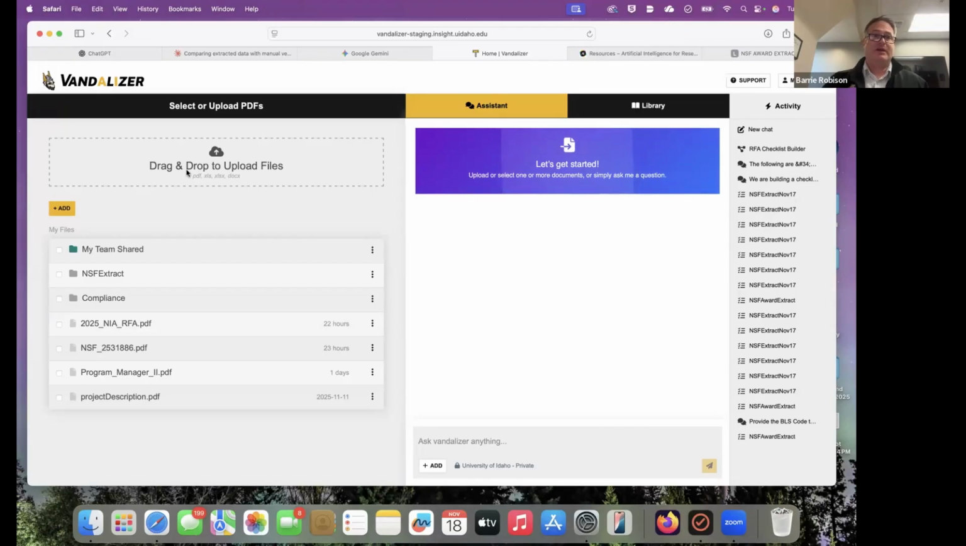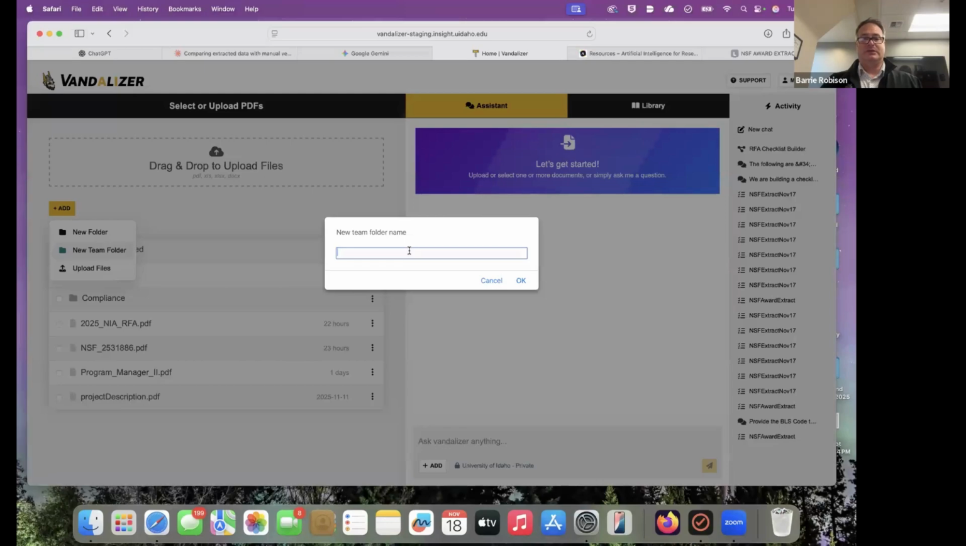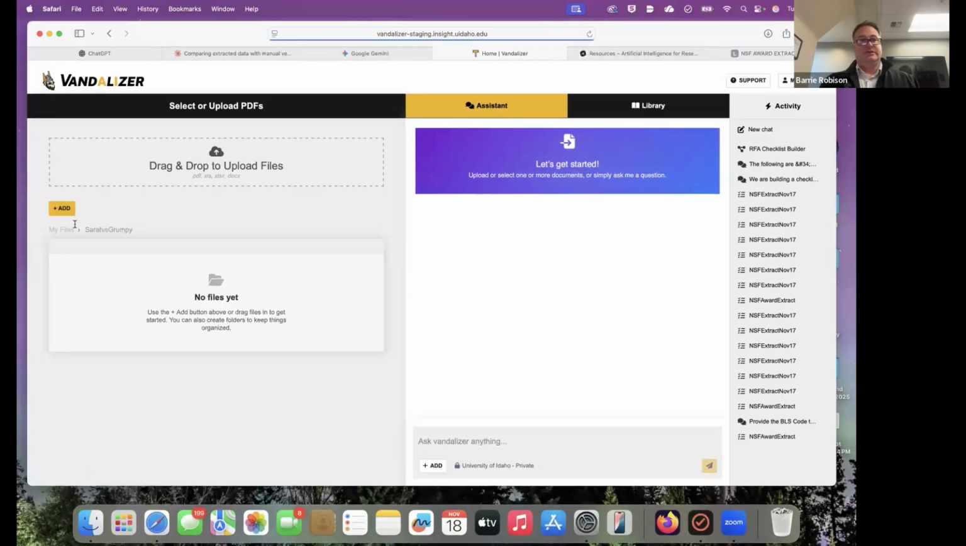So on the left, we have a file system. It should be pretty straightforward. You can see I can drag and drop to upload files, or I can click add to add folders or specific files from my browser. The new feature is sharing across teams. And so I can add a new team folder and I can call it Sarah is grumpy. And now I've got a Sarah is grumpy folder, and I could add Sarah as a team member,